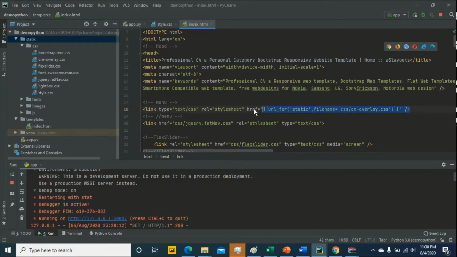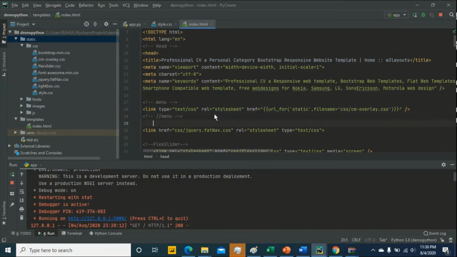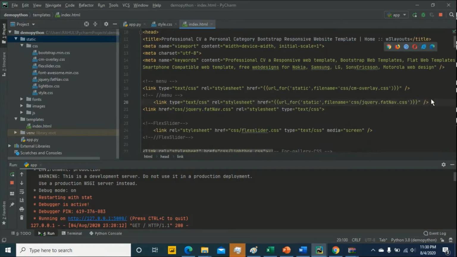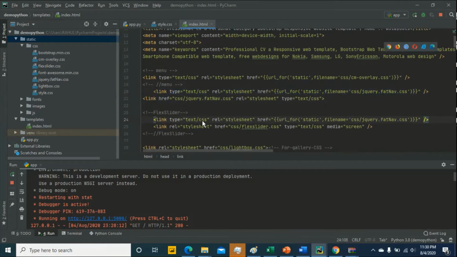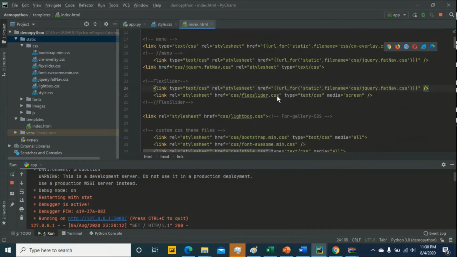Same process for this also. I just copied it, and from this CSS just copy and paste here properly. Okay, same process for this one also. Copied like sender. Please copy properly.